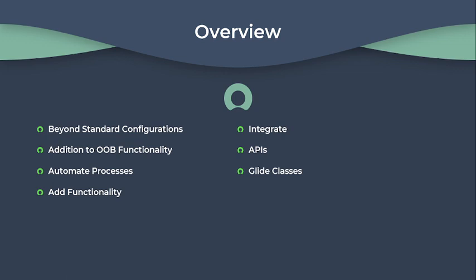ServiceNow provides a highly customizable platform, and scripting allow user to tailor the system to meet specific business requirements. By writing scripts, user can customize UI behavior, implement complex business rules, and create unique functionalities. Scripting enables seamless integrations between ServiceNow and other systems within the organization ecosystem. User can write scripts to interact with external APIs, databases, and applications, facilitating data exchange and process automation across different